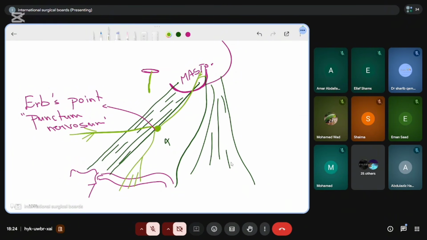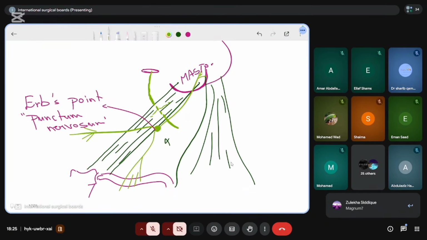So initially, at the very proximal part, the post-foraminal part of the accessory nerve is within the carotid sheath. But it doesn't stay there for long. It immediately exits the carotid sheath and moves backwards, deep to sternocleidomastoid. Here it's moving deep to sternocleidomastoid. Here it will supply it on the way, and then it keeps moving and comes to the posterior triangle at this point, which is roughly 2 centimeters above Erb's point, or 2 finger breadth above Erb's point, or punctum